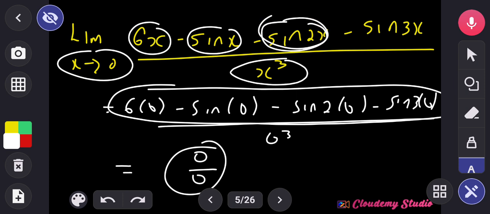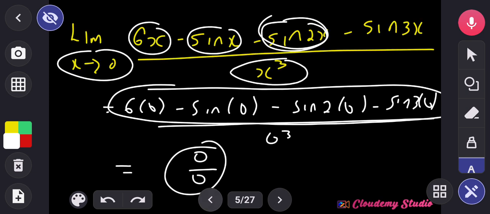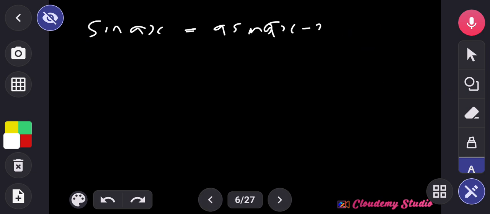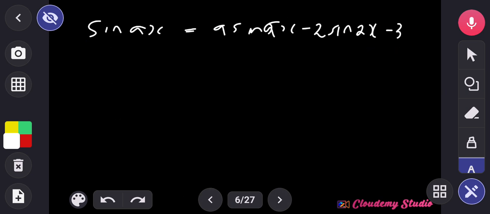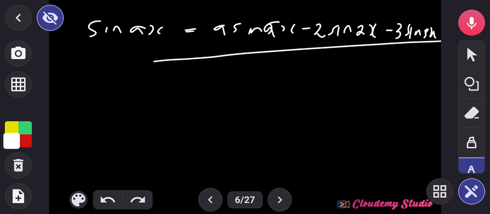And remember I mentioned that the derivative of sine ax equals a times cos ax. Which means sine 2x becomes minus 2 sine 2x, and sine 3x also becomes minus 3 sine 3x. Everything divided by